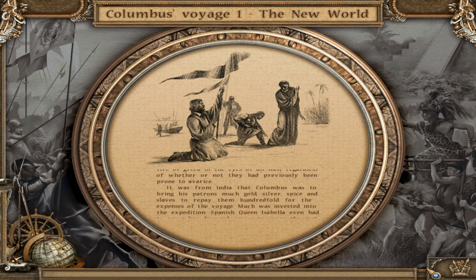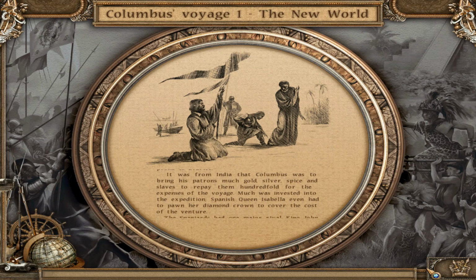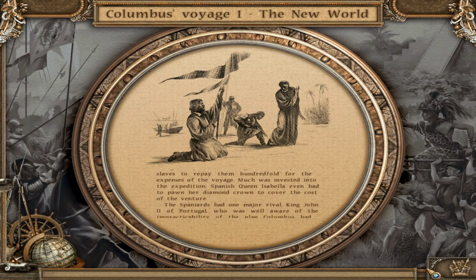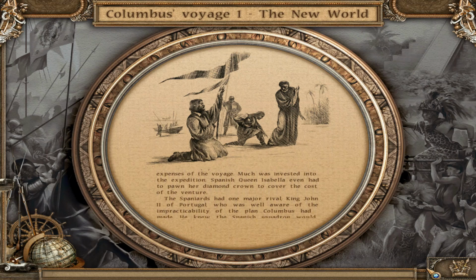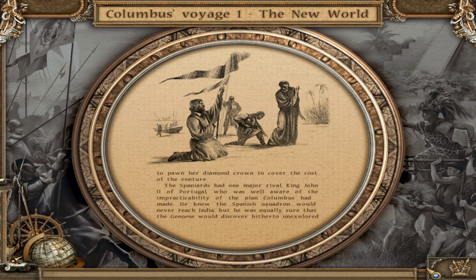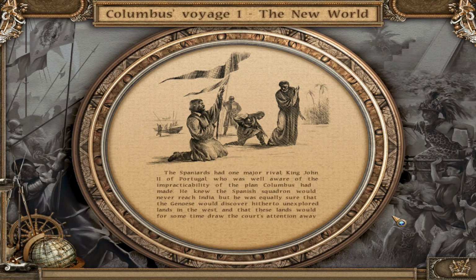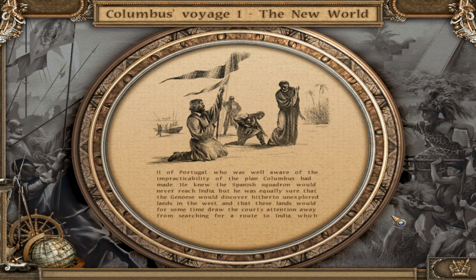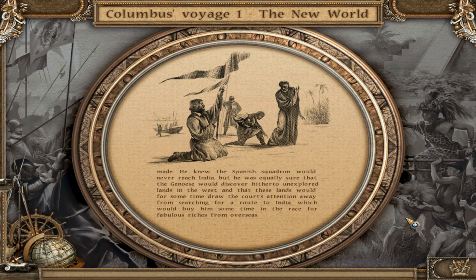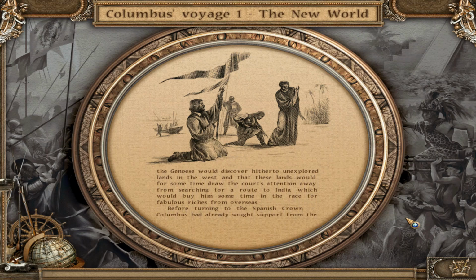It was from India that Columbus was to bring his patrons much gold, silver, spice, and slaves to repay them hundredfold for the expenses of the voyage. Much was invested into the expedition. Spanish Queen Isabella even had to pawn her diamond crown to cover the cost of the venture. The Spaniards had one major rival, King John II of Portugal, who was well aware of the impracticability of the plan Columbus had made. He knew the Spanish squadron would never reach India, but he was equally sure that the Genoese would discover hitherto unexplored lands in the west, and that these lands would for some time draw the court's attention away from searching for a route to India, which would buy him some time in the race for fabulous